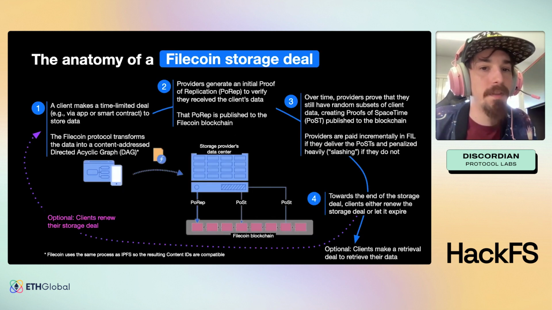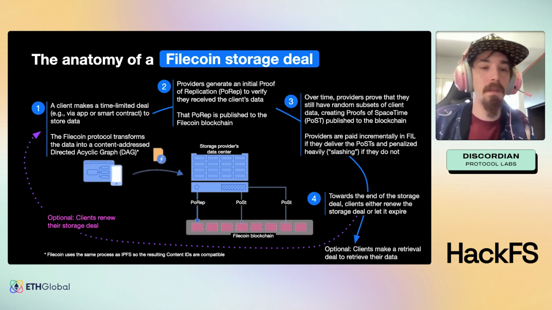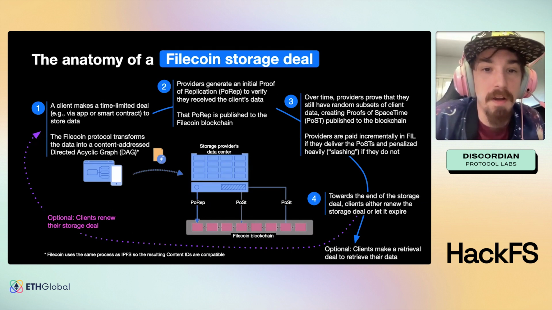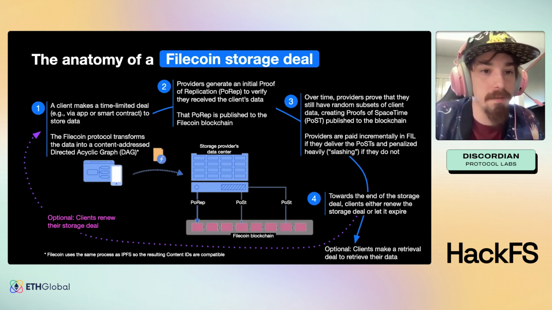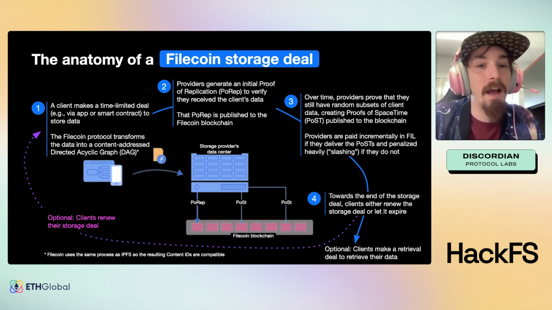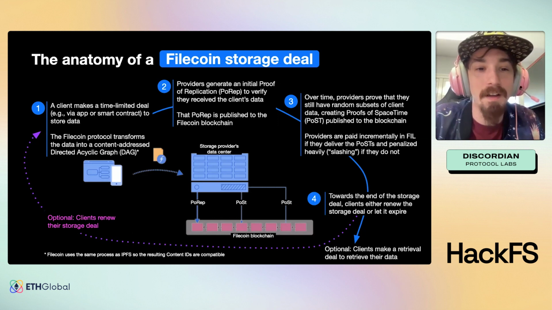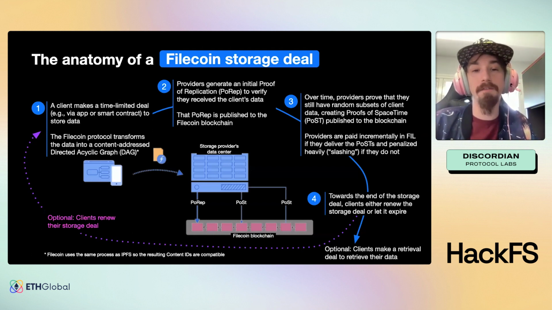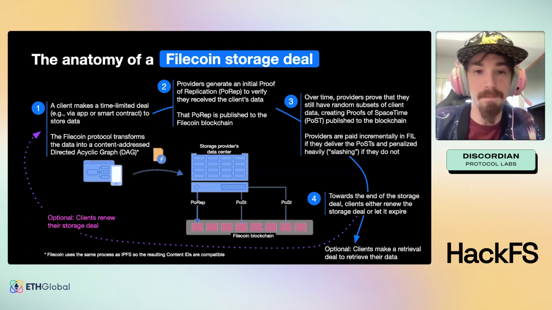Let's take a moment to talk about the anatomy of a Filecoin storage deal. First, we have proof of replication. This proves the storage provider is storing a unique copy of the original data. There's proof of space-time, which proves data is stored continuously over time. Storage providers must stake Filecoin, FIL, as collateral to dissuade malicious activity. Storage providers buy FIL, put it up as collateral, and must have internet connectivity and disk space. They get paid in and earn FIL to store and retrieve data.